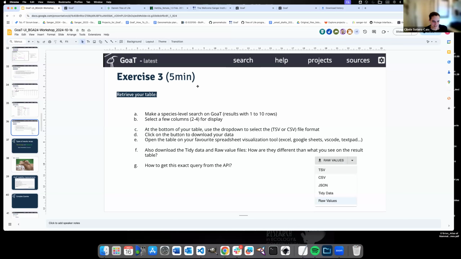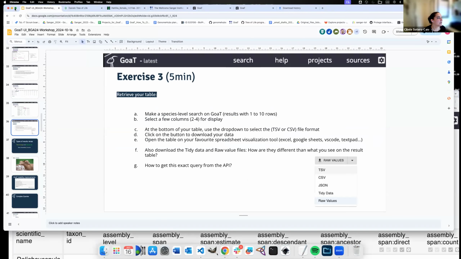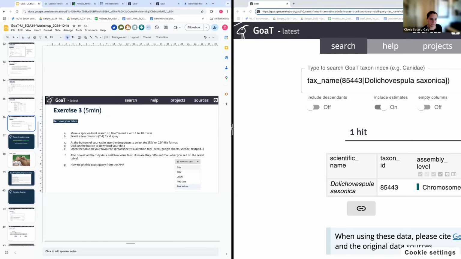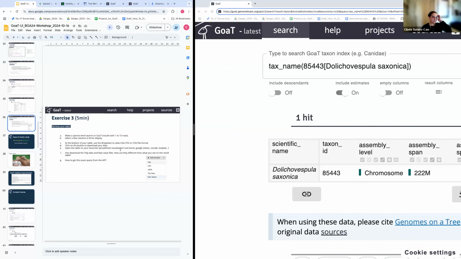Yeah, so this is exercise 3. I think I'm going to do this one so you can follow along. Make a species level search on Goat that has a result with 1 to 10 rows.